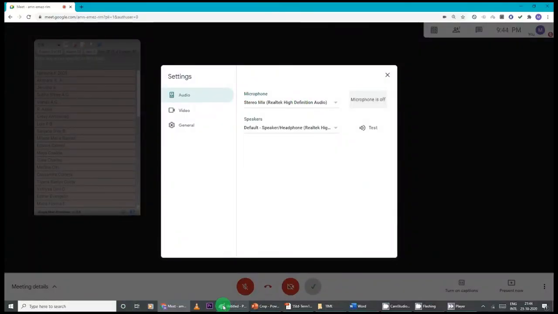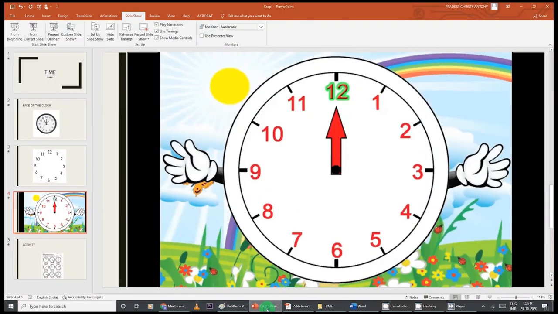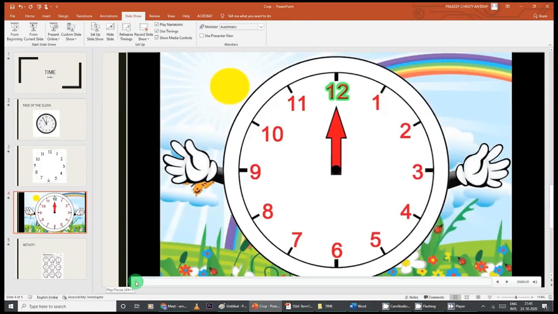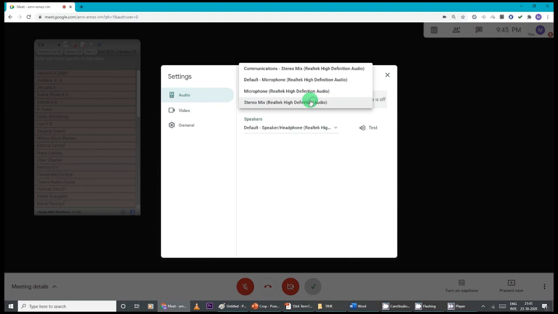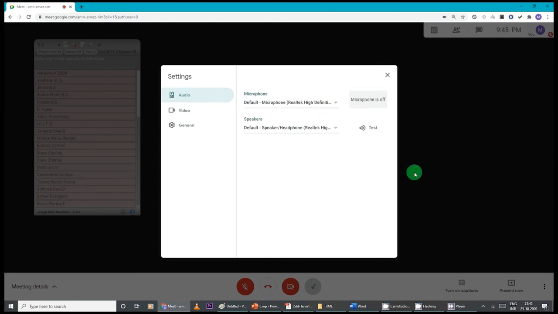And then you go to the PowerPoint, you can share the screen. And when you go to the PowerPoint, this video can be video and audio together. Children can hear and they can see if you change the settings. But when you're changing the settings, if you're going to explain something while the video is going on, you cannot do that because your voice will not be heard. So once the video is over, again you have to go to Meet, and from the stereo, you have to come back to default. Only then you can continue your explanation.